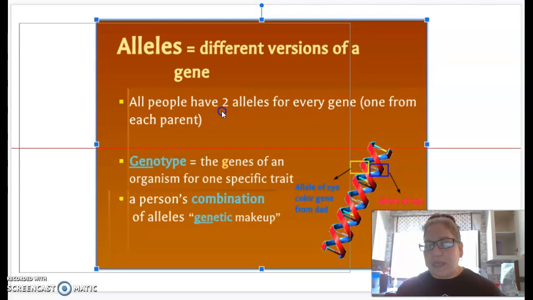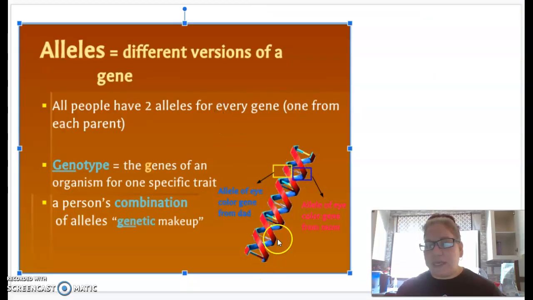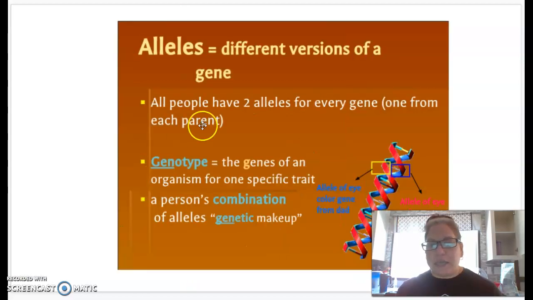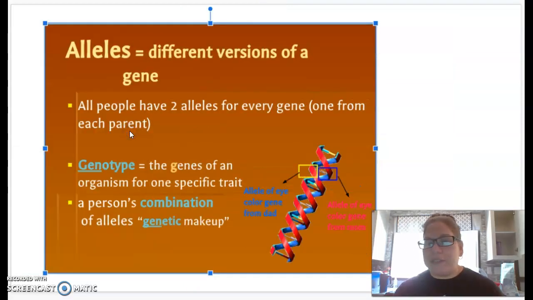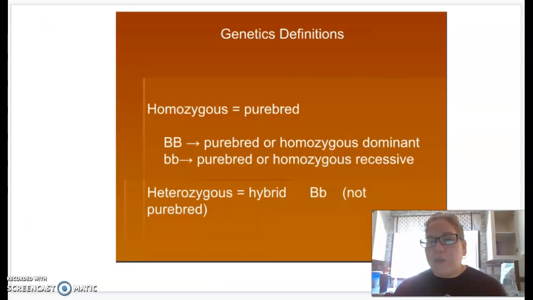When you're looking at this gene, it's showing you on this side we have alleles from mom, and on this side we have alleles from dad. And this is our genetic makeup. It is a combination of each parent, which we've been discussing several times. The reason that I'm repeating it is because it is very important for you to understand that. Now, when we come to the Punnett squares that we're going to be creating, and you did see a Brain Pop video on what Punnett squares look like and how to create them, you need to understand that there are two different vocabulary words that are